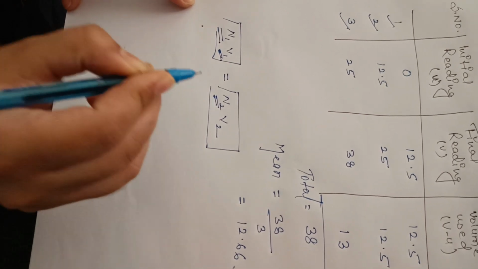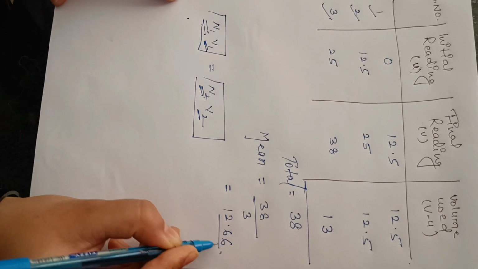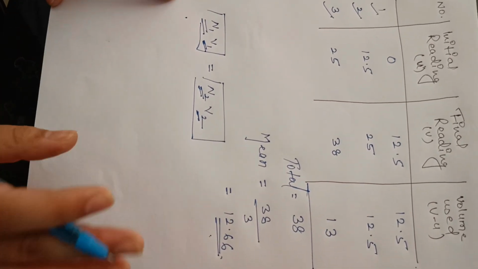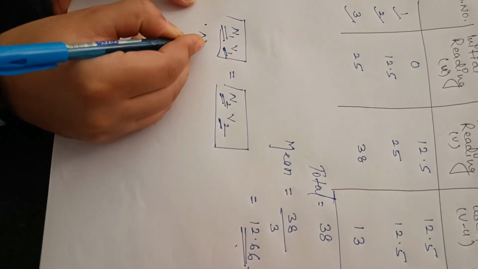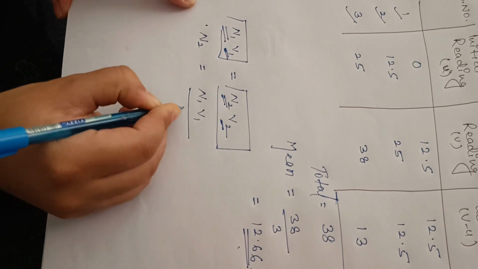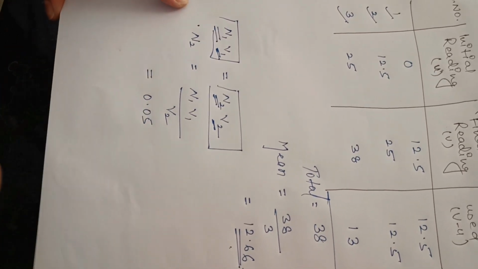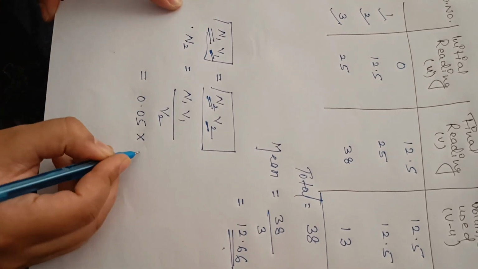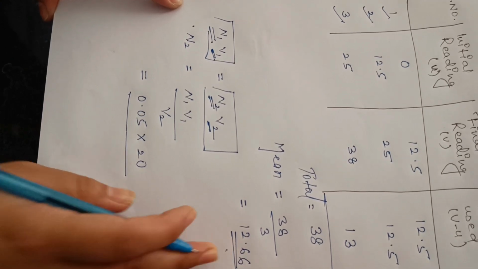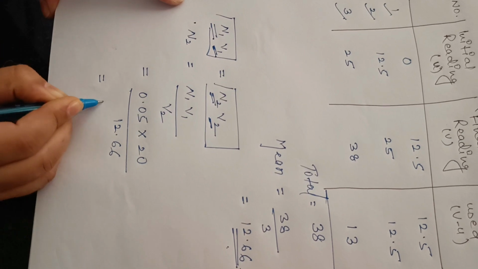N2 we have to calculate, that is the normality of our disodium EDTA, and V2 is the volume calculated experimentally from the titration. Rearranging the formula, it will be N2 equals N1V1 divided by V2. So it will be 0.05, that is the normality of our primary standard. V1 was 20 ml and V2, after the titration, we are getting 12.66. So the final value will be